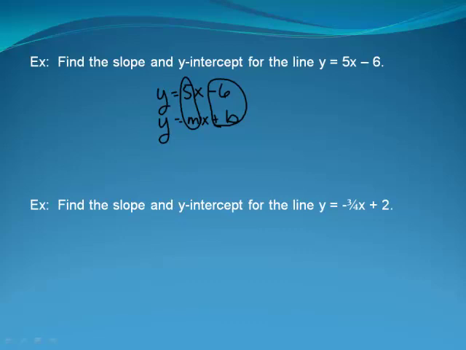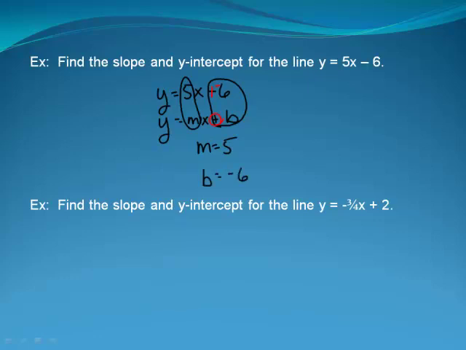Another way to think about that is, since y equals mx plus b assumes addition in between the mx and the b, you can take a subtraction step and make it into addition if you want to change that to plus negative. Either way, you can see that the slope is equal to a +5 and b is equal